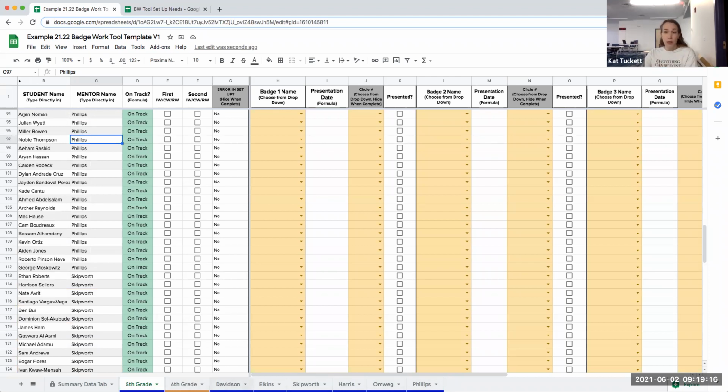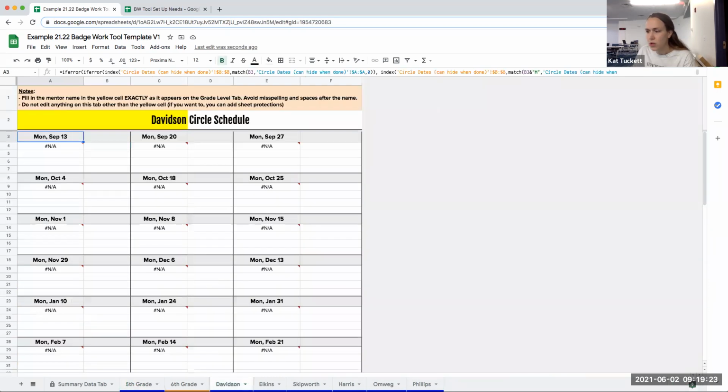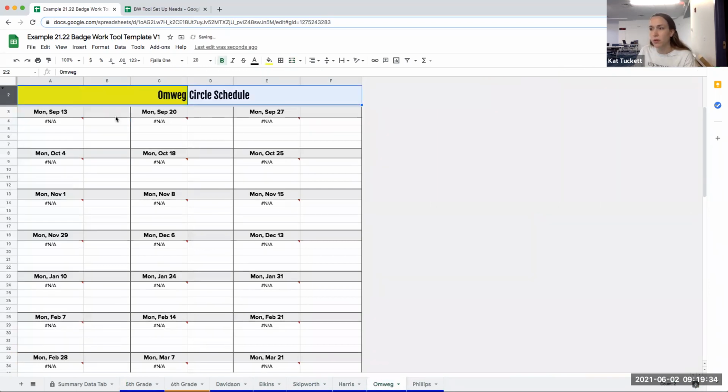But for this version, I'm just going to do up to 5th grade. So when you click on these, no students will appear, but all the dates should be there. And you just want to double check. Yep. Every time I click on it, the mentor's name is here. If you wanted to, you could hide this row if visually that feels better, but it's totally